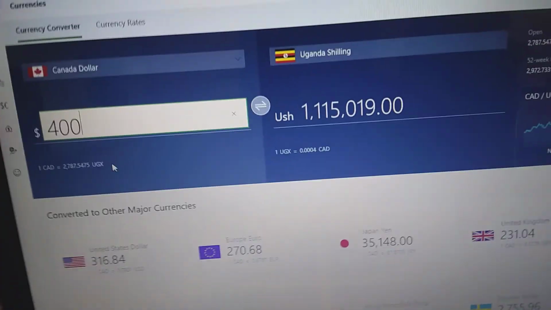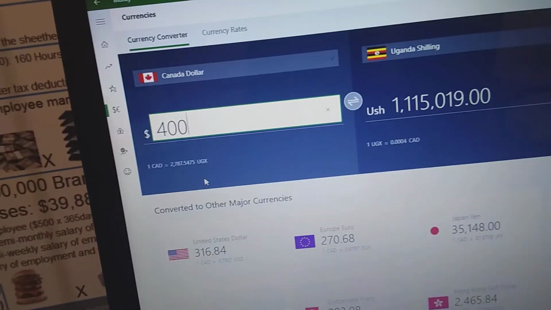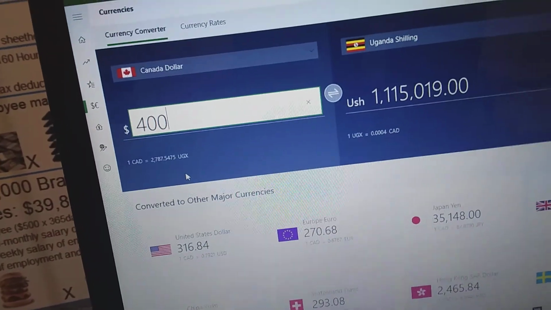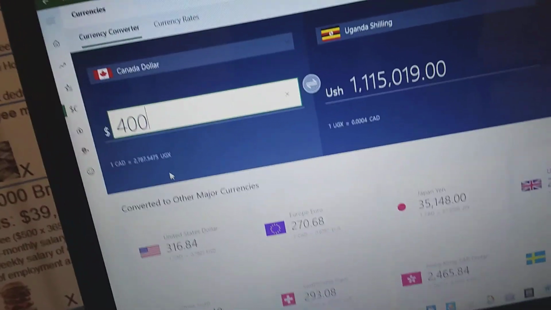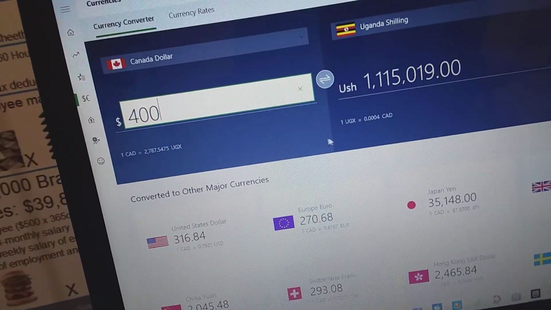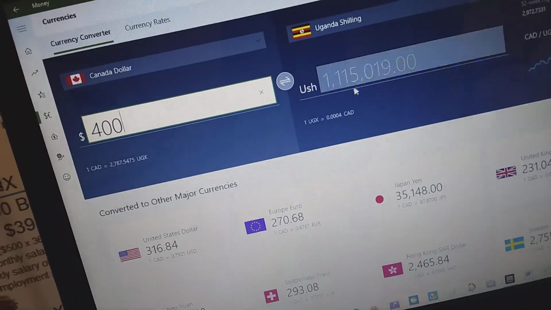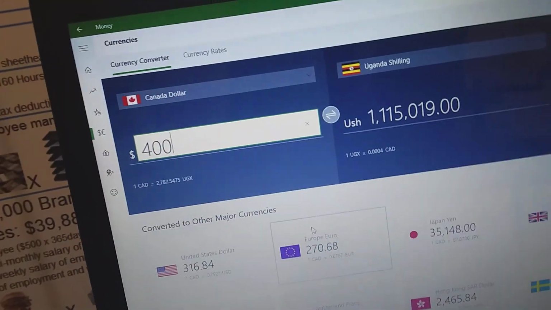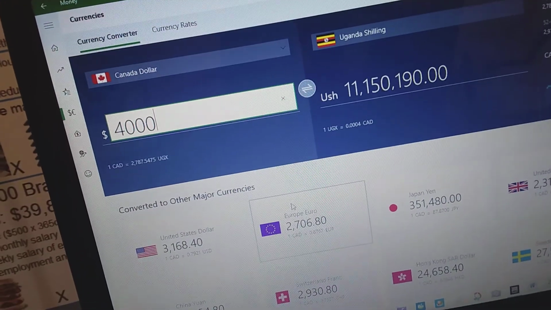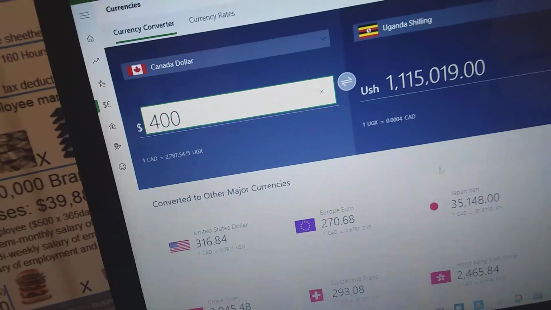Ladies and gentlemen, this is the deal. Of course, we are giving 400 to Uganda. That is the fee we are getting, I mean, the amount we will receive in Uganda. And if we place it, there's that much there. We bring it back to that one.